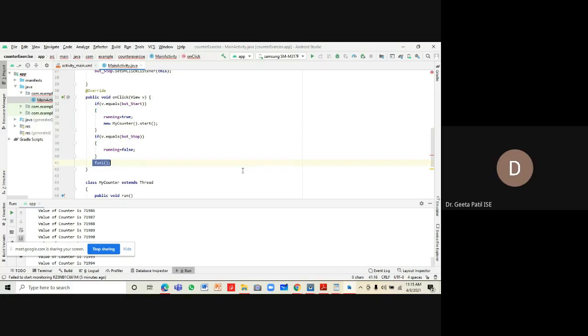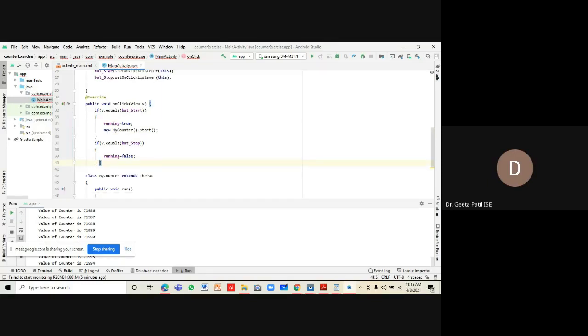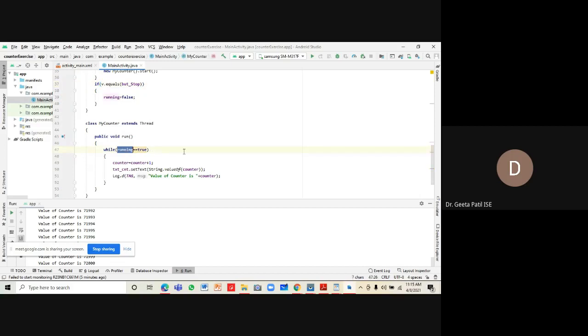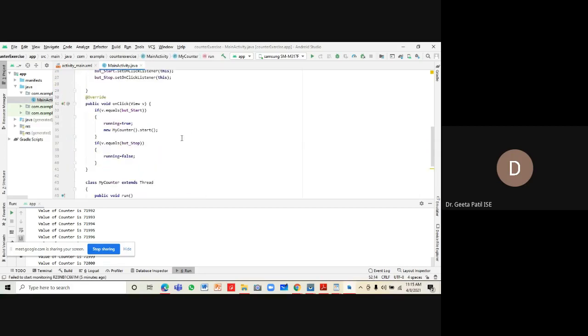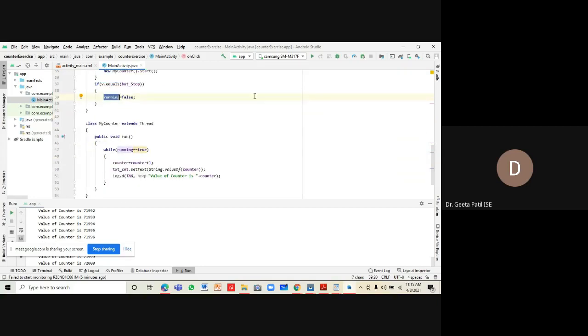Fun is not required. And in the run function, we check if it is running, we do all these things. And in the onClick event in the main function, you check if the stop button is pressed, running is made false. Now let us execute it and see.